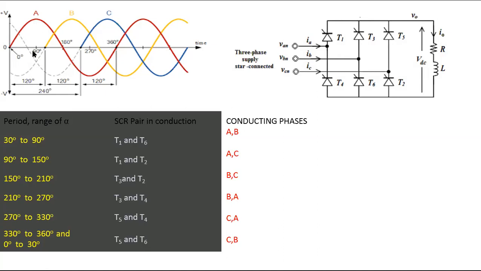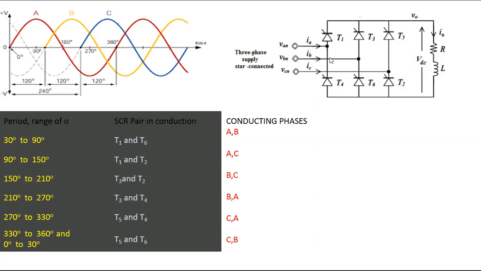But which waveforms are present? Between 30 to 90 below the x-axis, waveform B and extended C. Very good. B is extended and B is occupying maximum space. And next, C. C is occupying very little space. Therefore, we can say B is made more negative than C and A. The explanation: from 30 to 90, B is occupying more space than C, and A is not present. Therefore, the direction of the current starts from the point B. B is made more negative than A and C. Now we see.